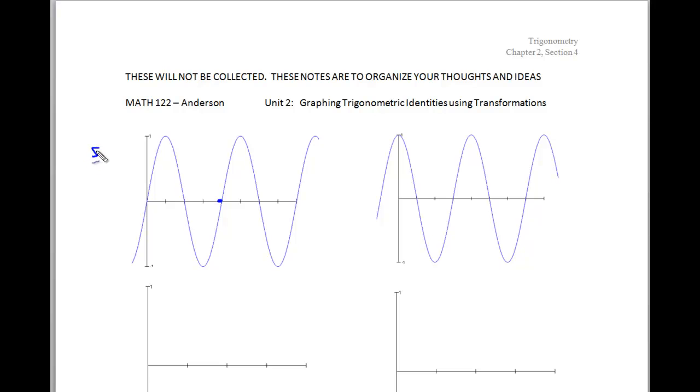Now, this is the sine of x. This is the sine wave with x and y axes. So this is the y position, and this would be the height of the curve at any given x, and this x would be marked at every half pi